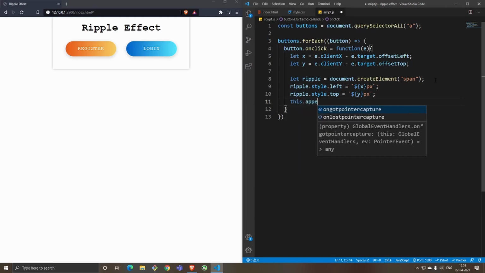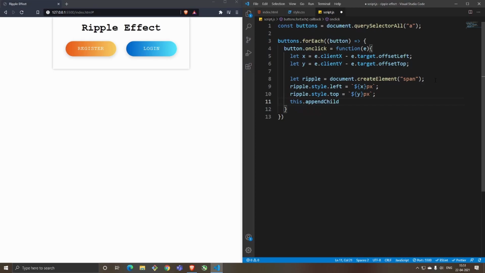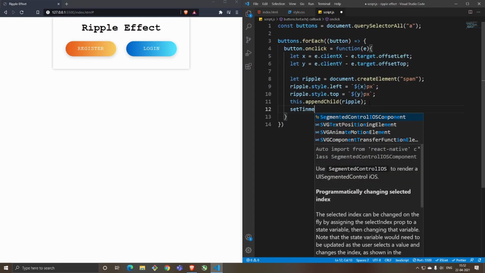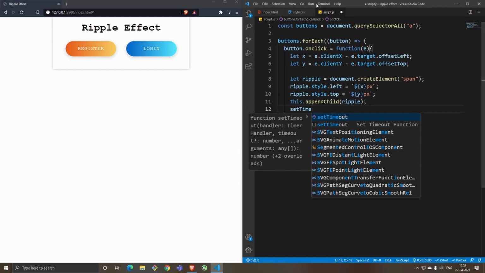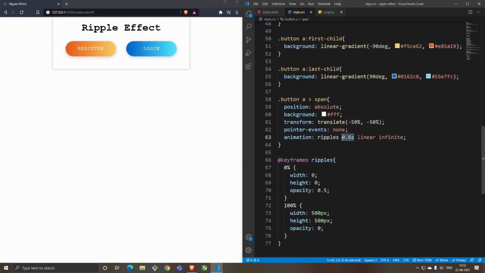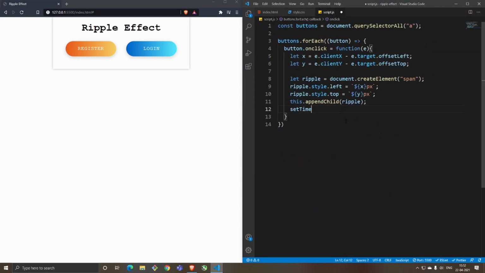And we wanted this to be this.appendChild, so whatever we did out here we want it to be appended to this ripple element, and we set a timeout function, so it should run for only these many seconds. That's what I have also done here in the animation with these 0.6 seconds. Now when you do setTimeout, you have to use milliseconds, and 1000 milliseconds is 1 second. So 0.6 seconds would be 600 milliseconds.